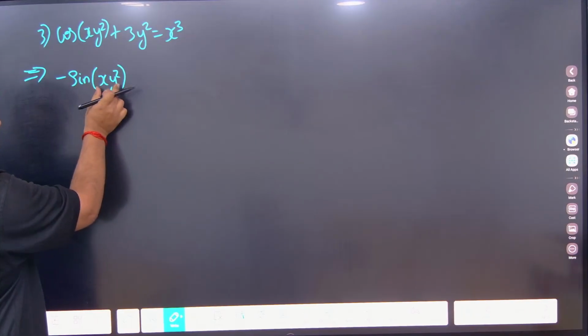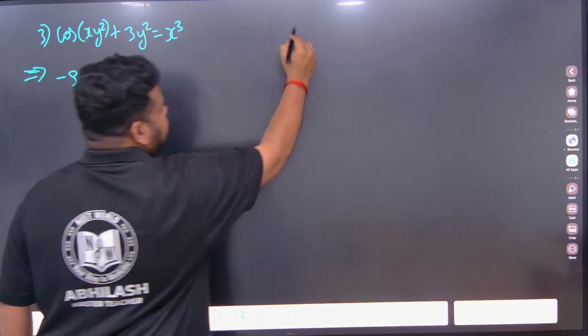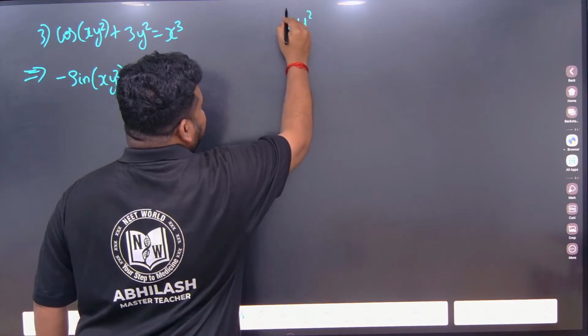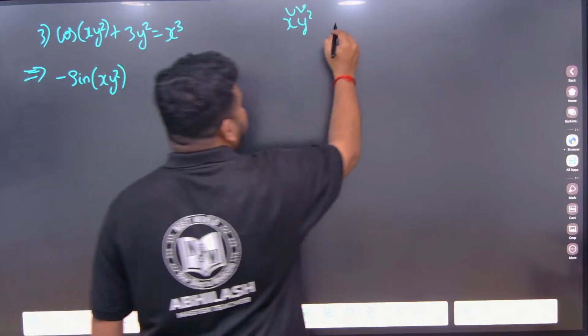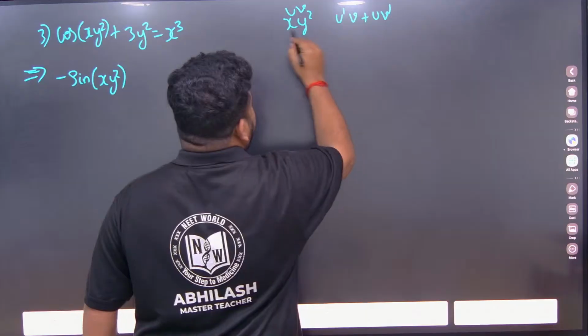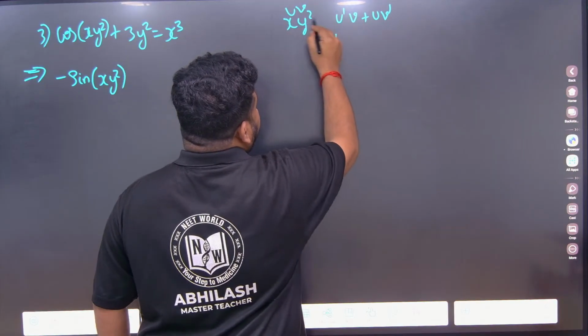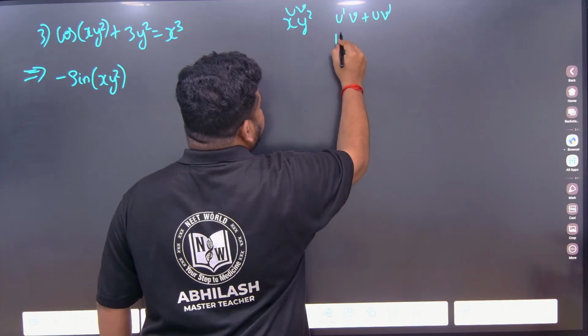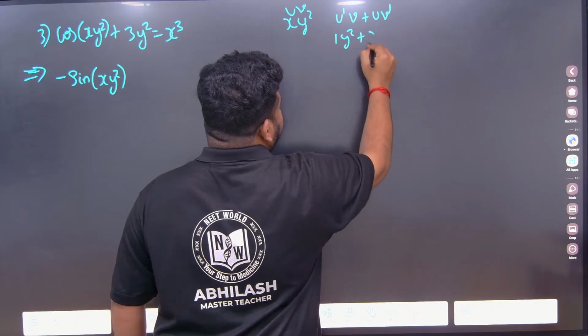Now inside we have to differentiate. This xy square is inside, so we have to apply the UV rule. If I apply the UV rule, what will I have? U dash v plus uv dash. U dash is what? Derivative of x is 1. So v you will write as it is, 1 times y square plus u, that is x, into